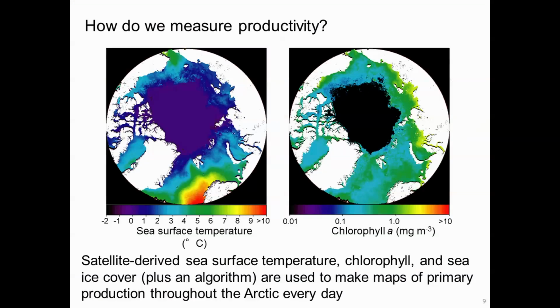We can see how warm it is, sea surface temperature. We can look at how much of those plants are there every single day. That's what that chlorophyll is. We can put that information together, combine it with an algorithm, and we can estimate how productive it is, how much food is being produced by the Arctic every day and every year. And when we do that,